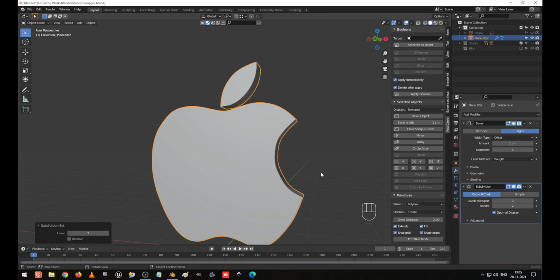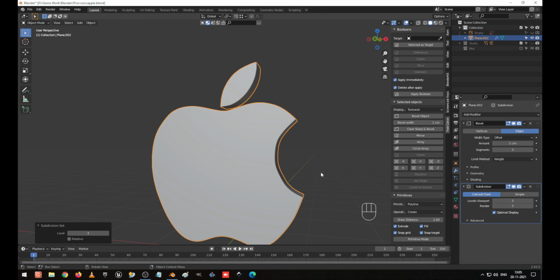Sorry, I'm pressing A to select everything, so that's the reason it's getting selected. So here this is the leaf, I press Ctrl L and G to move and S to scale. I select this one, press L, select this, Ctrl L to select and scale it up, and G to move.